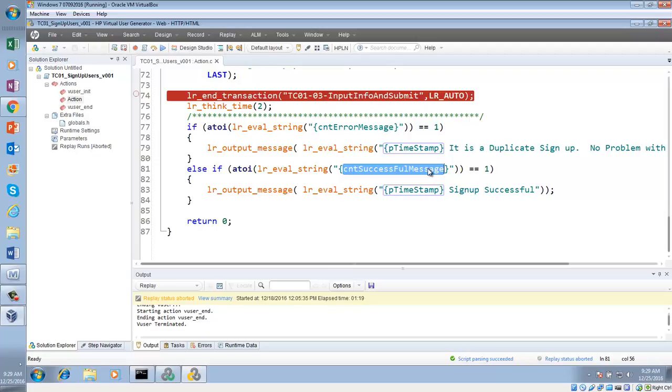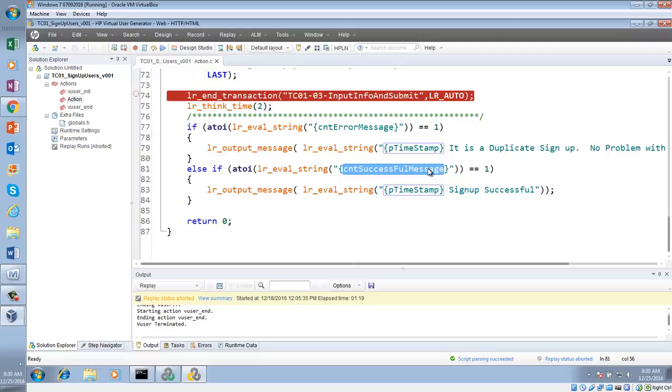Now, what we are doing here, we are submitting a sign up, and then if our sign up is successful, how are we verifying? Can you tell me how we are verifying whether our sign up is successful or not? It shows a welcome message. If it is successful, we are getting "Welcome to Webflow family." If it is unsuccessful, we are getting "User already taken."